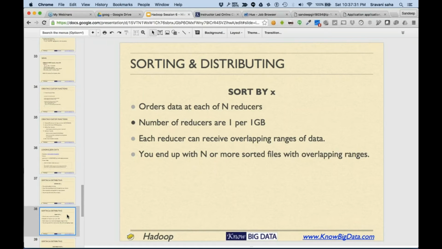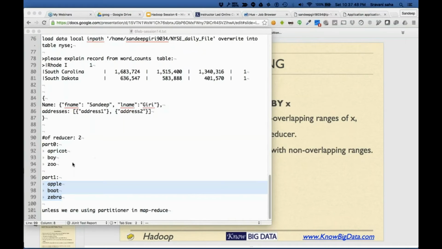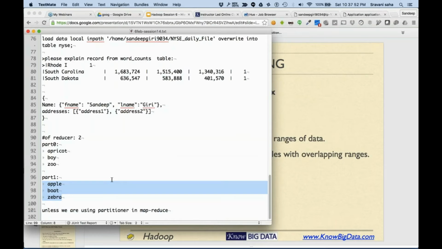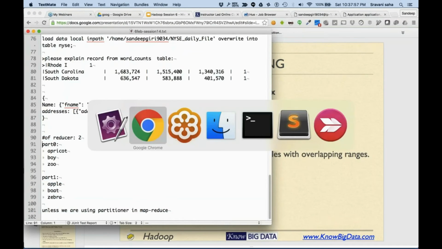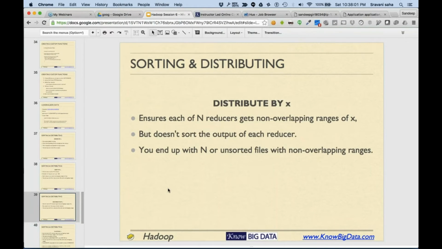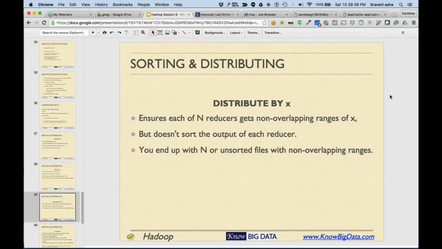You could use sort by X, which basically says to have multiple reducers, but then the individual buckets will not be separate. So if you have sort by X, it will create multiple reducers, but the resultant output will not be sorted. That's where the idea of distribute by X came into play.